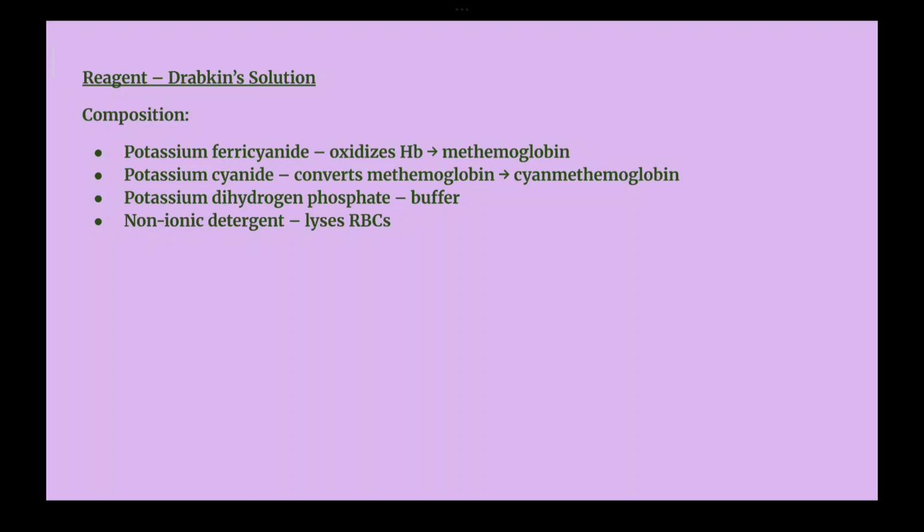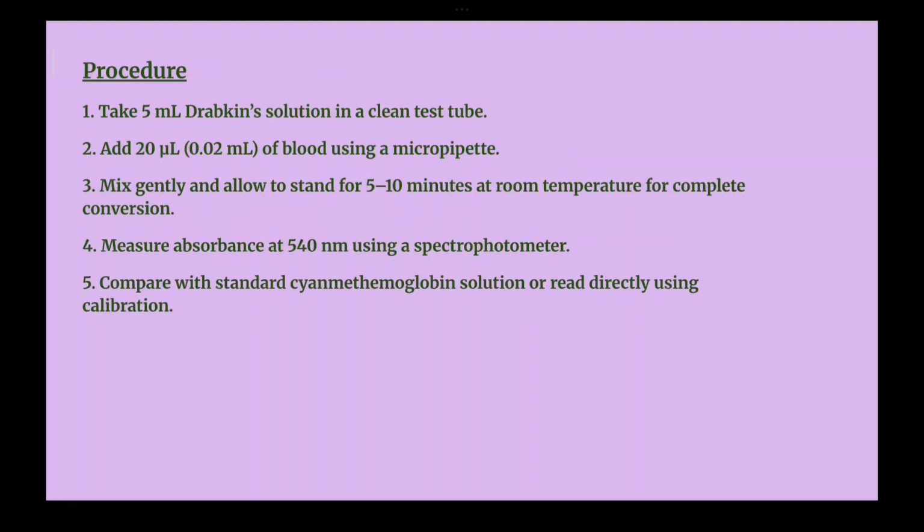Now, the potassium ferricyanide plays an important role in the conversion of hemoglobin to methemoglobin and finally into cyanomethemoglobin. During the formation of cyanomethemoglobin, there is a buffer which acts as a carrier to the reaction. The potassium dihydrogen phosphate is the buffer. Now, the procedure of this